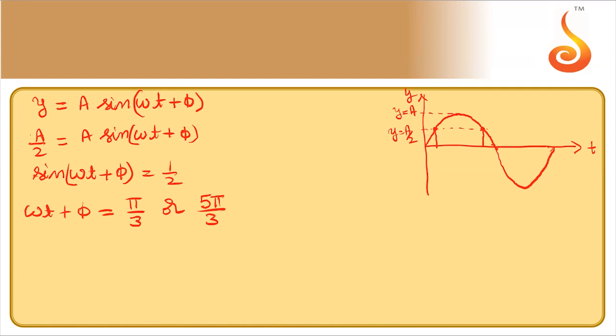So either it is theta or 180 minus theta. For both of them, sine function is positive. Right? So this I'll call the total phase, delta. So delta 1 is the first possibility. Yes, pi by 6 it is, not pi by 3. So this is pi by 6. So this is 30 degree, this is 150 degree. See, this is delta 1, this is pi by 6. This is delta 2, this is 5 pi by 6.